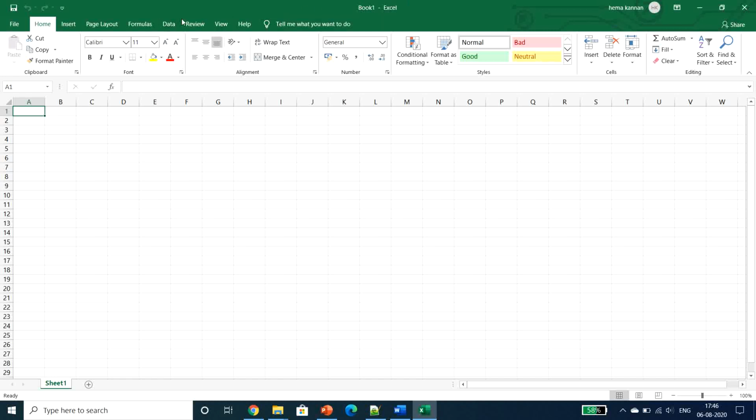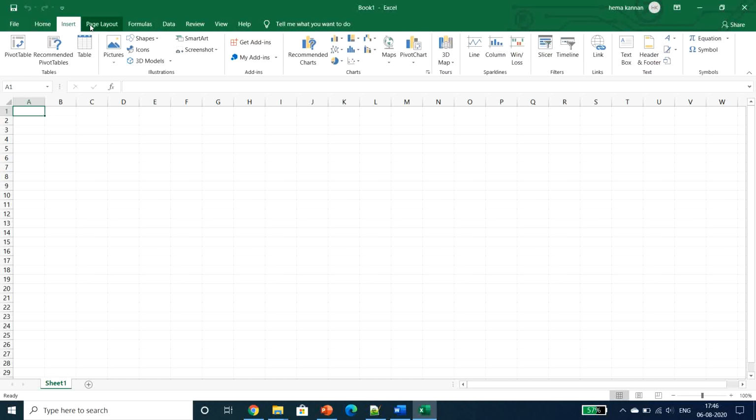Next comes the menu bar. In the menu bar we'll have the File menu, which will be the default one for all the applications, and Home, Insert, Page Layout, Formulas, Data, Review, View, Help, and Tell me what you want to do. So these occupy the menu bar, and for different options we can click on each and every menu to look at it.